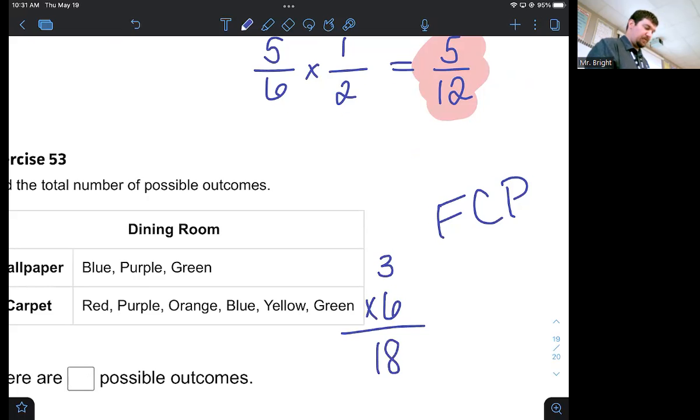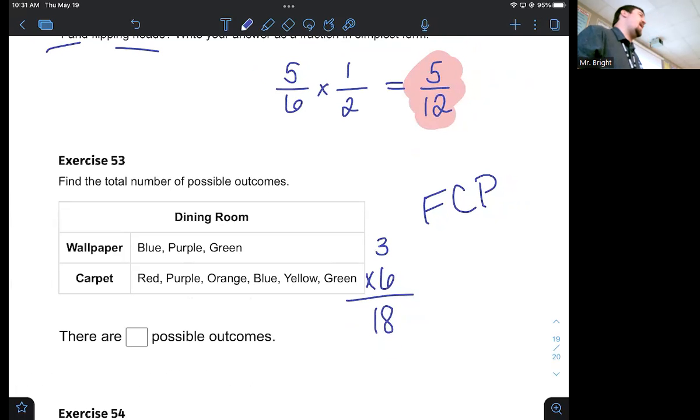18 different options we could have, and 0 out of 18 are going in my house. I'm not putting red, purple, orange, blue, yellow, or green carpet anywhere in my house. And wallpaper is not going up either. Maybe paint, I could paint something blue or green. Who would want a purple house? Light purple, for a daughter, lavender colored.